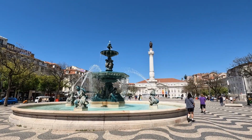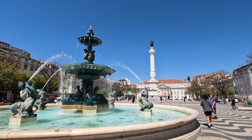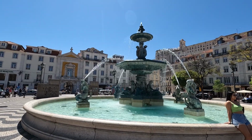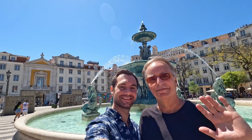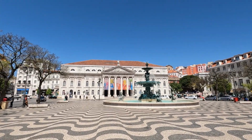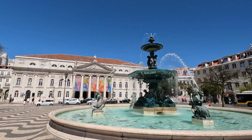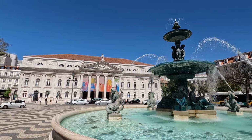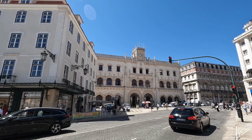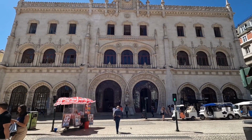The other square at the end of Rua Augusta is called Praça Dom Pedro IV, also known as Rossio Square. It's a charming square with fountains at each end that makes a great spot for selfies. There's also beautiful patterned calçada stonework, leading to the theater called Teatro Nacional Dona Maria II, which was actually a former palace. Just a short walk past the square, there's the ornate Rossio train station,